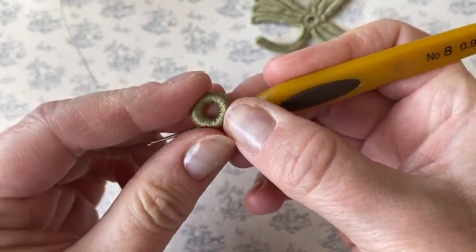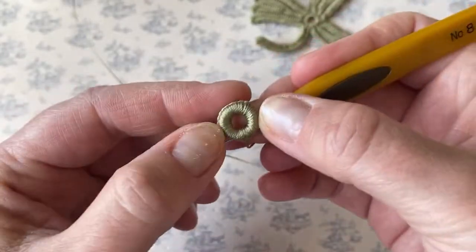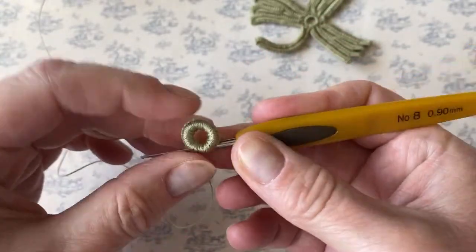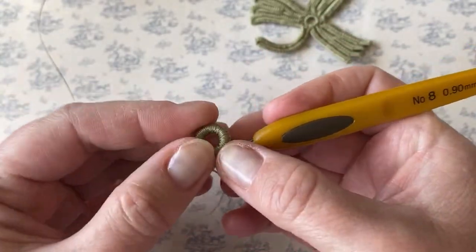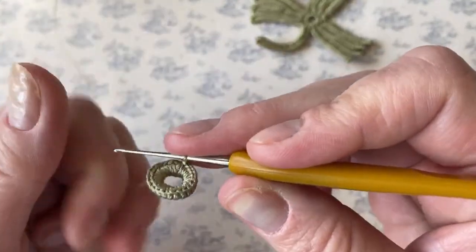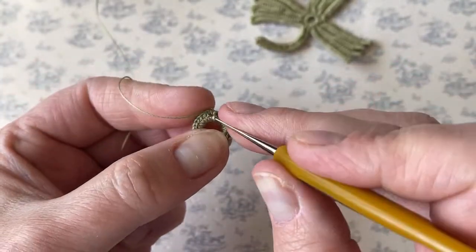So I did, yes, I really lost count. I'm not sure it's 27 stitches. I think it's even more than that, but it does not matter really for the ring. So that's it. Now we finish with slip stitch,